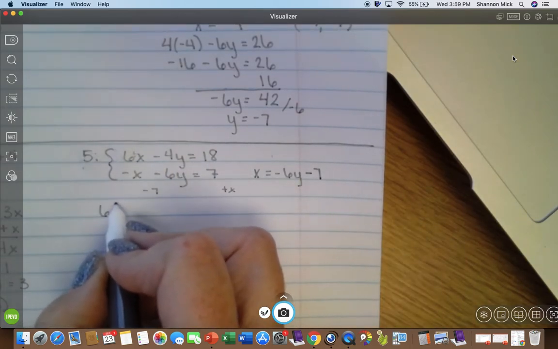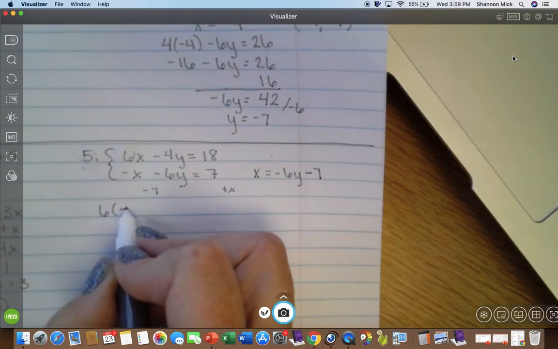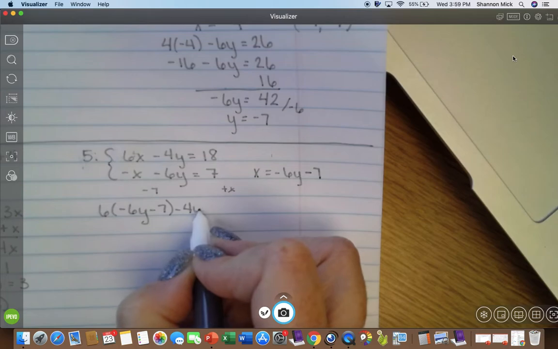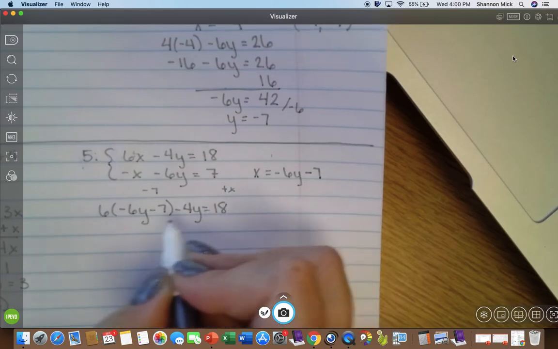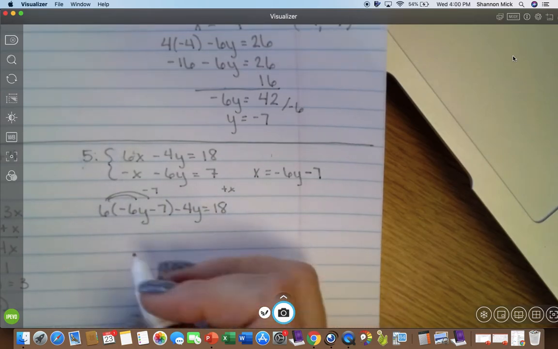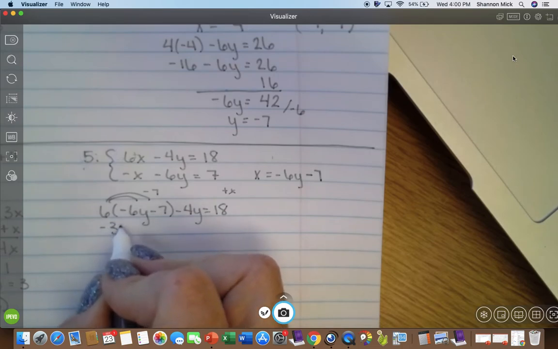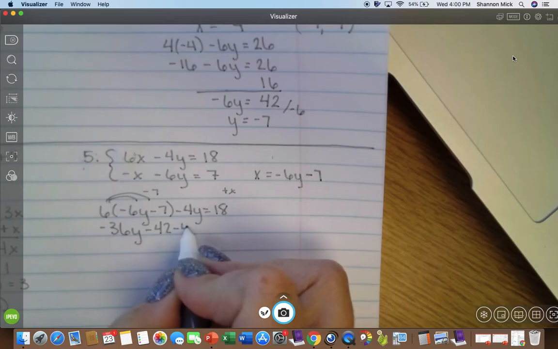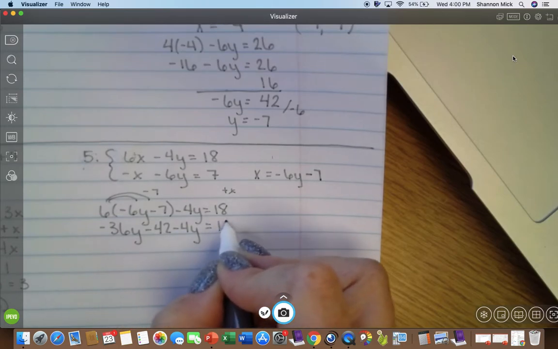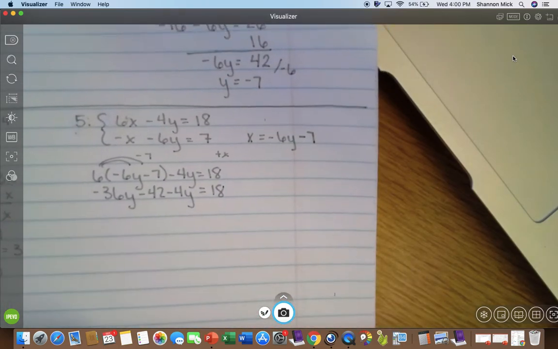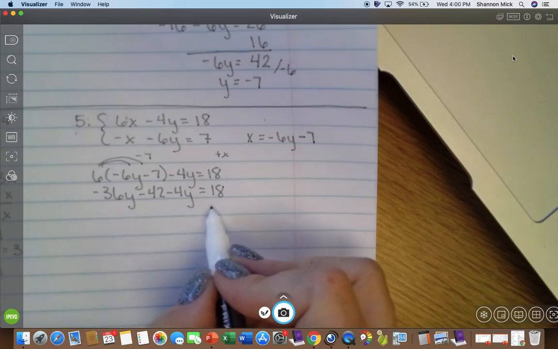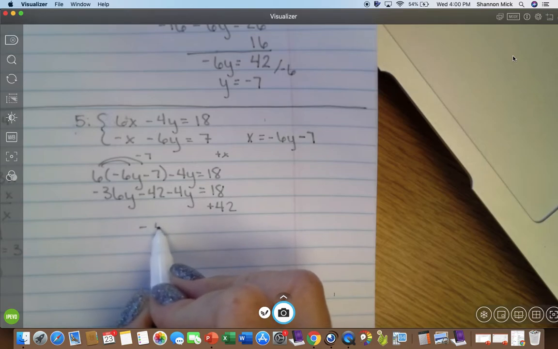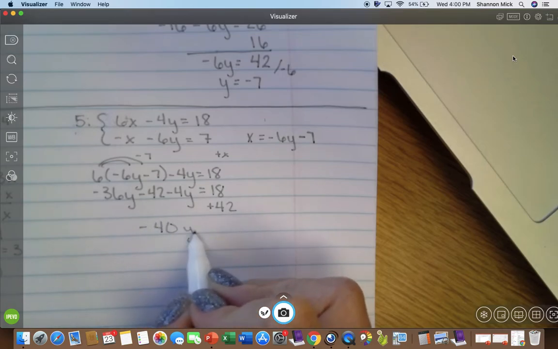And I'm going to use that and substitute it back into the first equation. So I have 6 times x, which is negative 6y minus 7, minus 4y equals 18. Distributing that 6, don't forget that. So negative 36y minus 42 minus 4y equals 18. I am going to add 42 over here and combine my like terms over here. So I have negative 40y equals